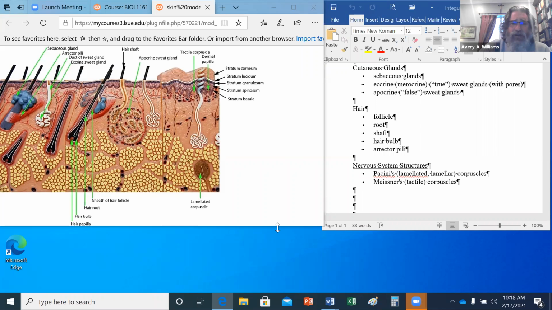Now this model right here, I didn't take this picture. I kind of hijacked it off the internet, but we have this model in our lab, and it actually extends over here a little bit more. And when they took this picture, they cropped it and chopped it off right here. So you're missing some stuff. But anyway, what you're missing is the